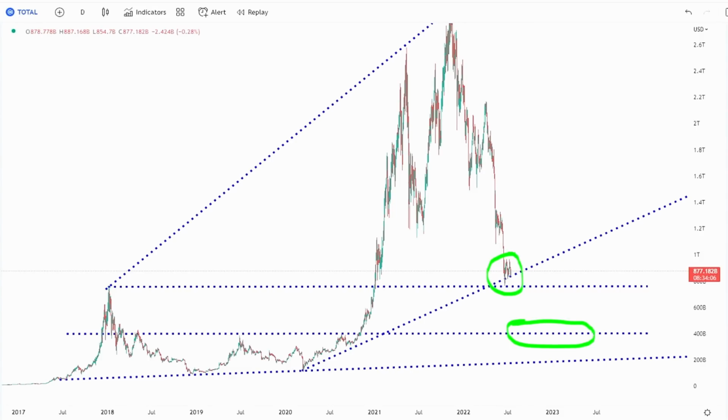We have the base support, which is the previous market cap back in 2018, which was about $800 billion, something like that. And then we've got the angular base support over here. So right now, the market is fanning around those two base support levels. Here's my word of caution. If total market cap breaches these two support levels, there's nothing stopping global market cap dropping to about $400 billion. Nothing. There's no real support around here.